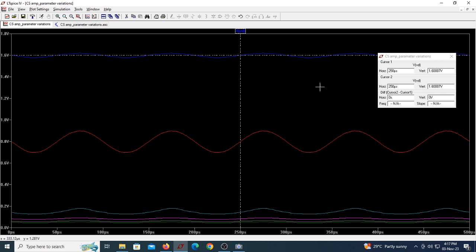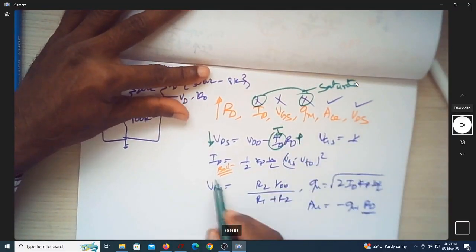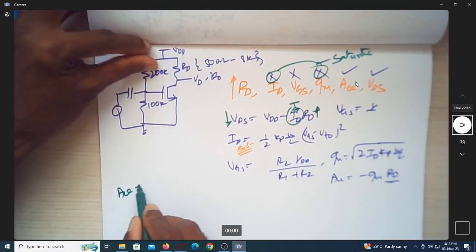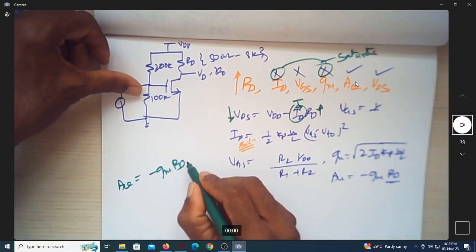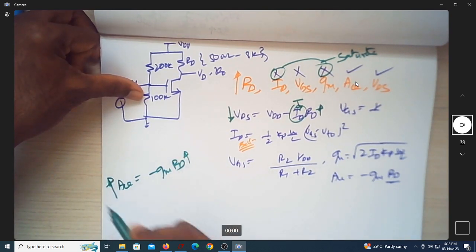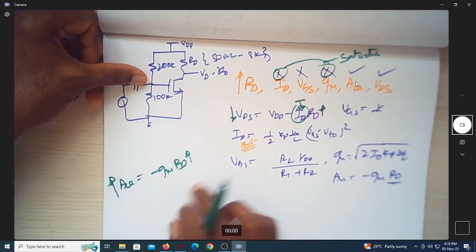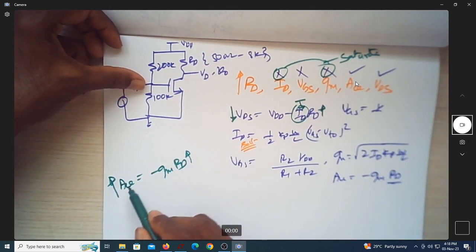One thing is very curious to observe here. Just go back here and then try to see. So what is the expression for AV? It is minus GM into RD. As your RD increases, as per this equation, AV should increase. But this is not an unconditional increment. If RD increases, then AV will certainly increase, provided the MOSFET is in